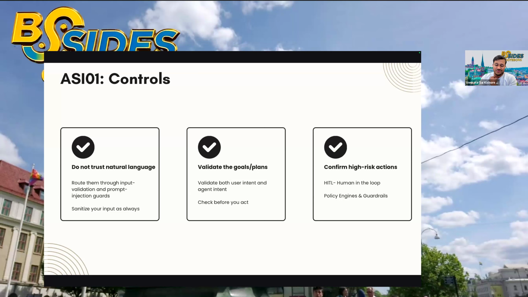And if there are really critical things like payments or financial implications, then put some human in the loop, making sure they approve. Or if you're using an external system, make sure your policies and guardrails take care of this. That way, you're designing the system. There's more to it. These are the top three I like to highlight, especially for this behavioral hijacking. But holistically, as we'll see through the rest of the presentation here,